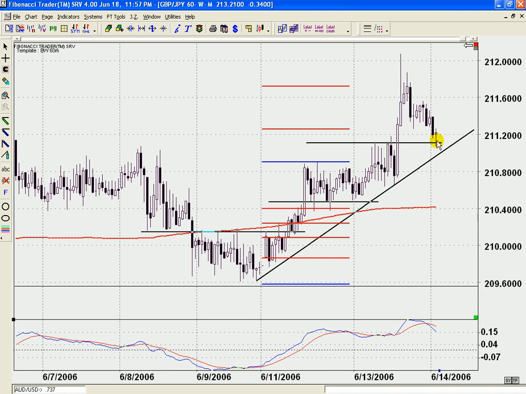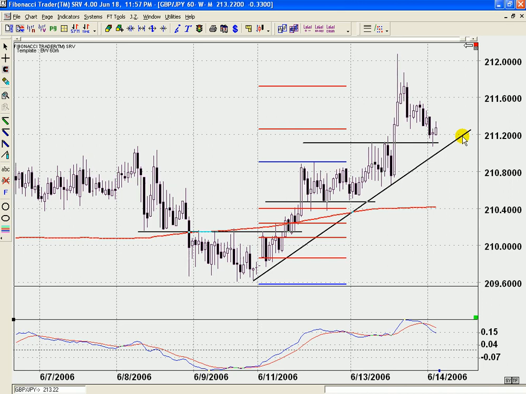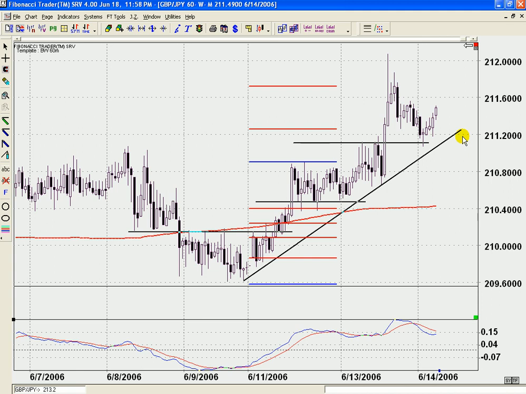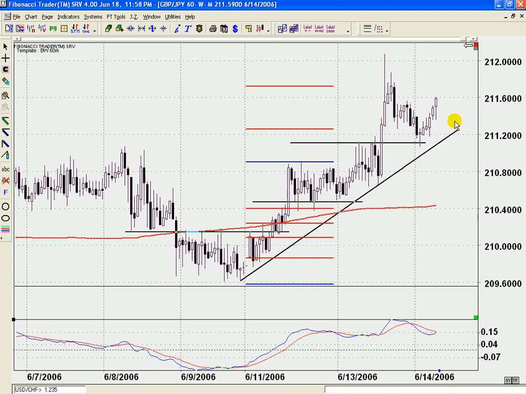If you want to enter right here at this trend line, above the trend line, and this level of resistance now becoming support, this should be your entry right here. Let's watch price move, as this here is the Asian session. Now London is starting to pick up as we see price move during London,